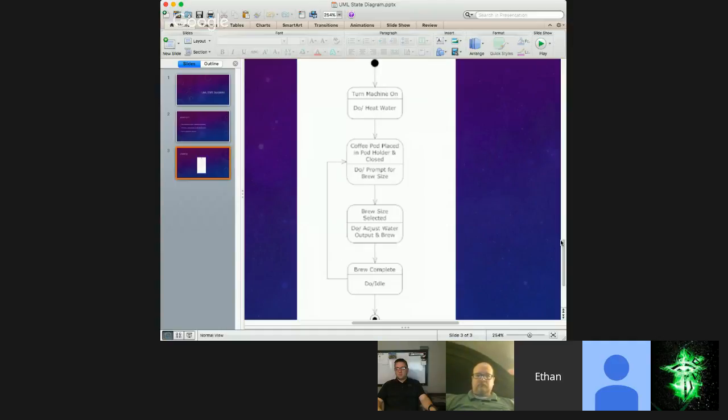So that's the most simplistic example that I could find of a state diagram and explain to you guys without taking up a whole lot of time. But I think obviously this would be very beneficial once we actually start writing code, so we can